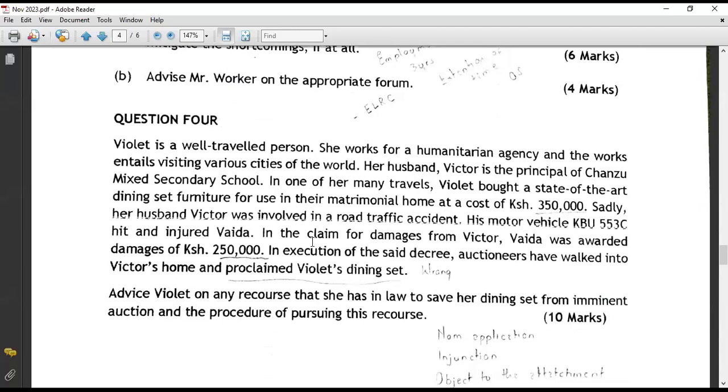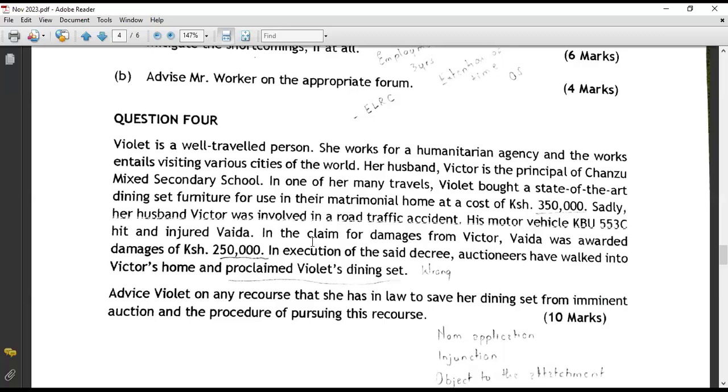I'm going to read it. Violet is a well-traveled person. She works for humanitarian agencies and her work entails visiting various cities in the world. Her husband Victor is principal of Chanzu Mixed Secondary School. In one of her many travels, Violet bought a state-of-the-art dining set furniture for use in their matrimonial home at a cost of